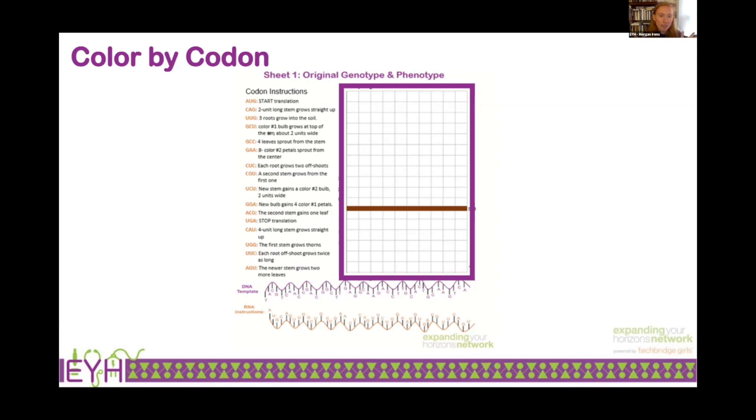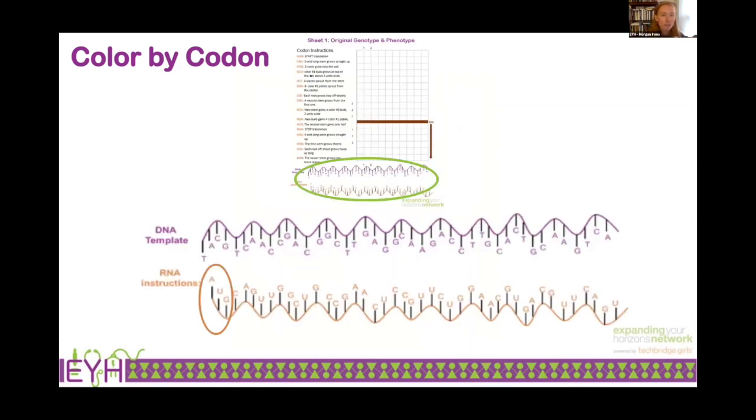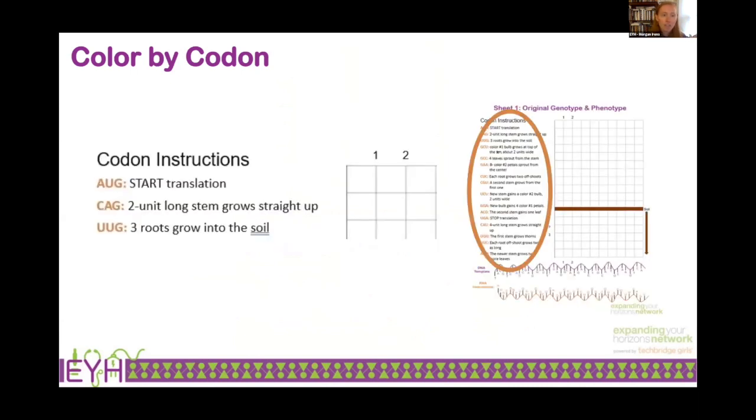So on this next slide, we have the first part of the RNA instructions circled. We circled that first codon, and we see that the first codon is AUG, and AUG is a start codon. This is pretty much the starting point for RNA translation. To double check that AUG actually means start translation, we're going to go up to the left side of the page where we have the codon instructions, and we will find the instructions for AUG. And we see that the instructions give you permission to start translation. So this is great. This means that we can go to the next codon in the RNA sequence, which happens to be